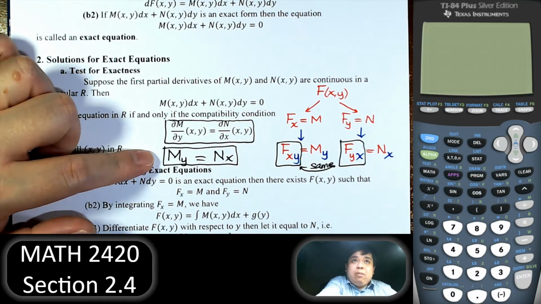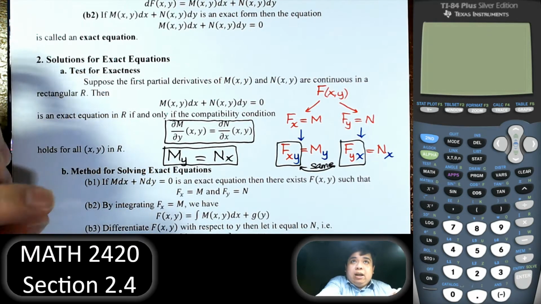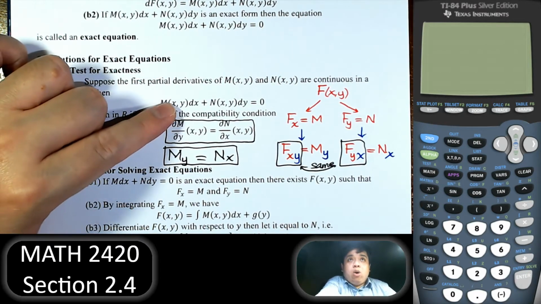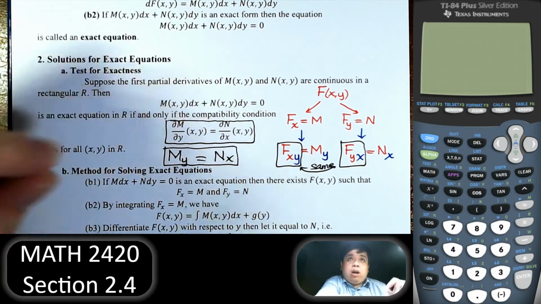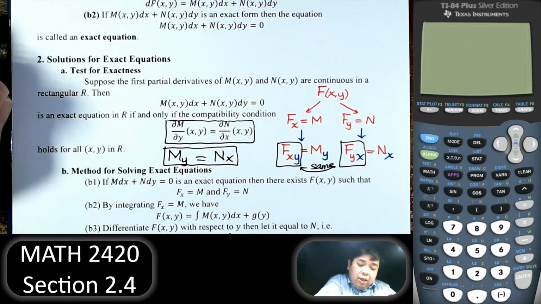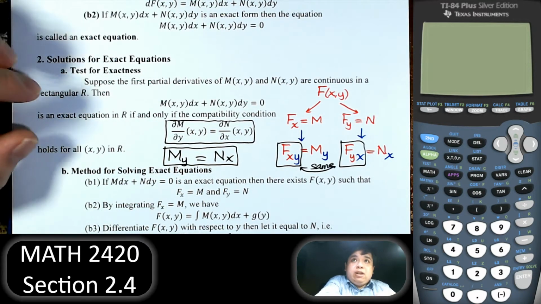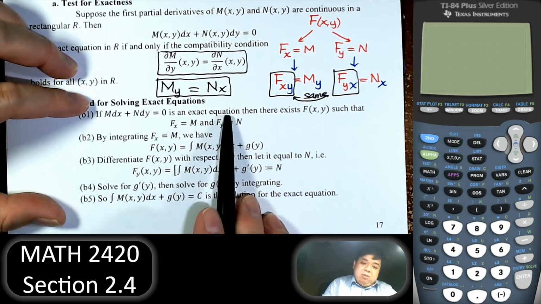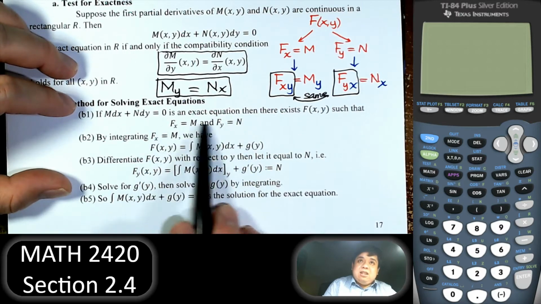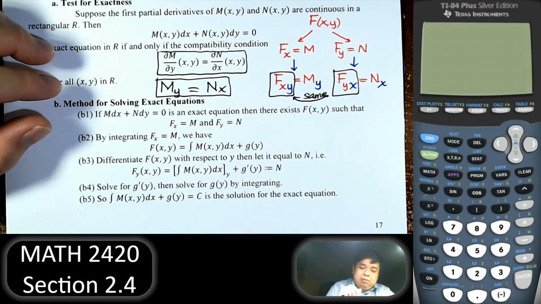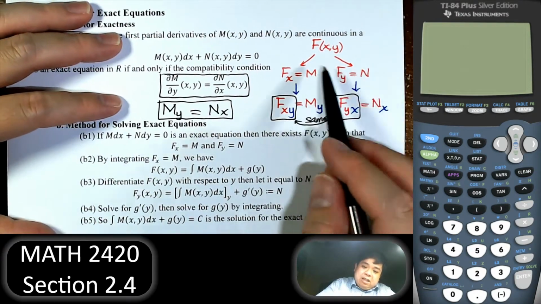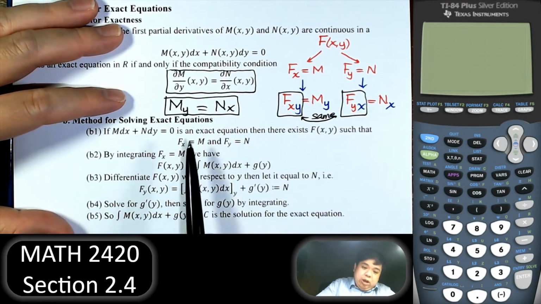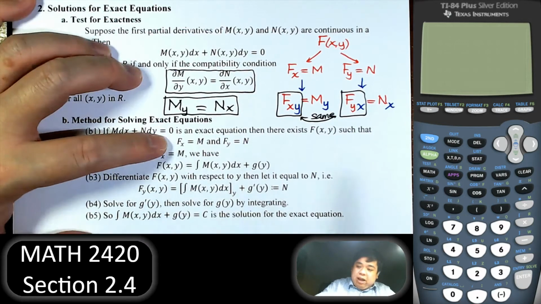We take M with respect to y and compare to N with respect to x, and M is the one that goes with the x and N is the one that goes with the y. Right, now how do we solve it? To solve it, if the equation is exact, then there will be a potential function. So if we know this f of x,